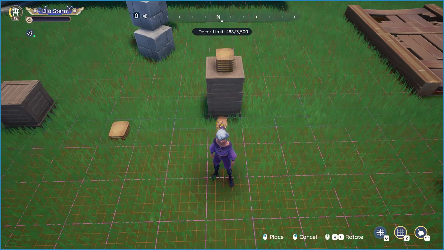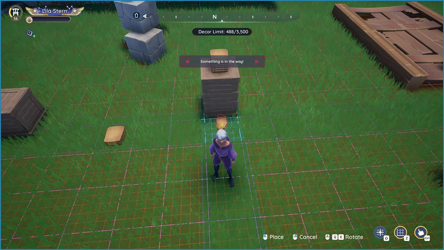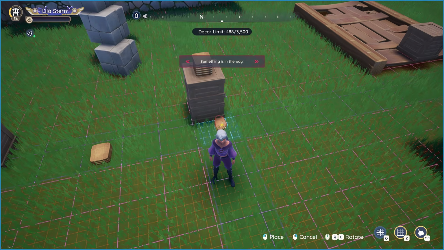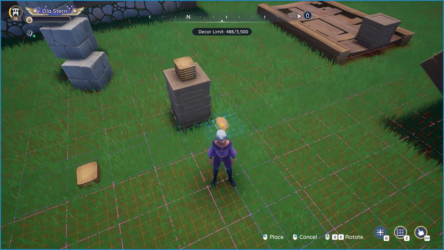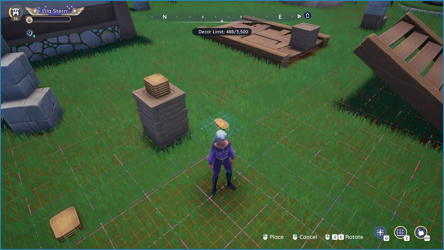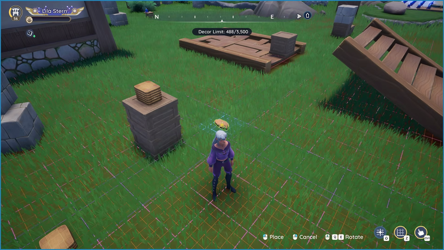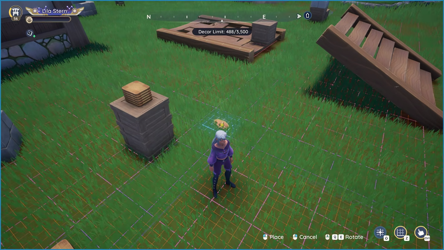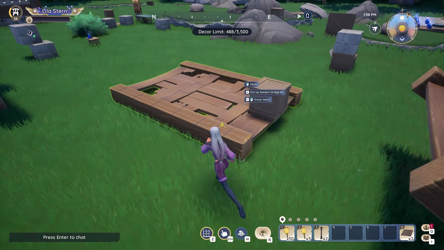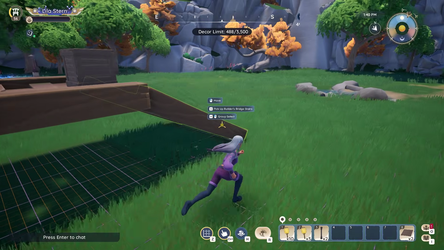Now we're going to take that paper and bring it down, centered on the crate, as close to it as we can, where it turns green. Then we're going to move 1, 2, 3, 4, 5, 6, 7, 8, 9.5 small squares to the right, and then 1, 2, 3 small squares towards you. Cancel this. We're going to take out another bridge piece, attach it to those stairs, and then put a crate